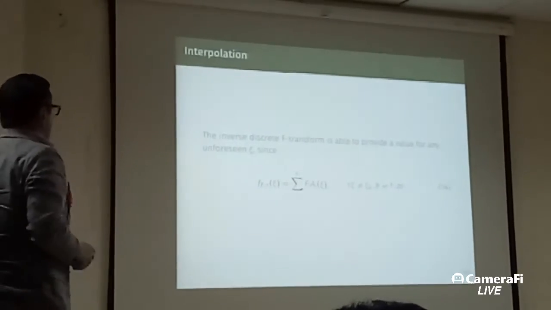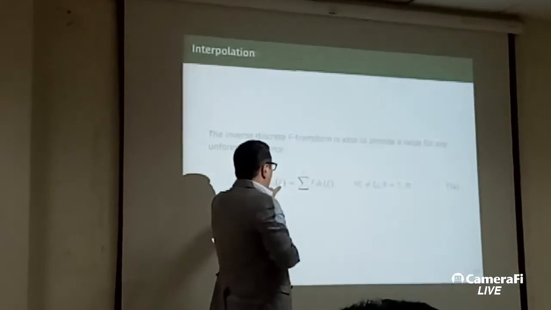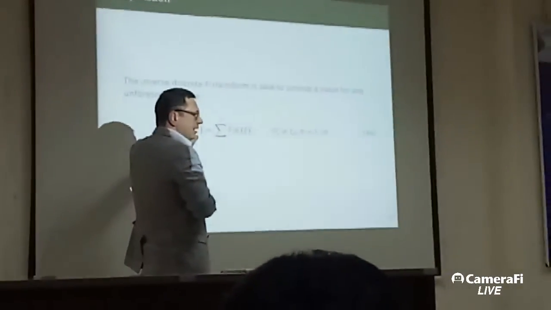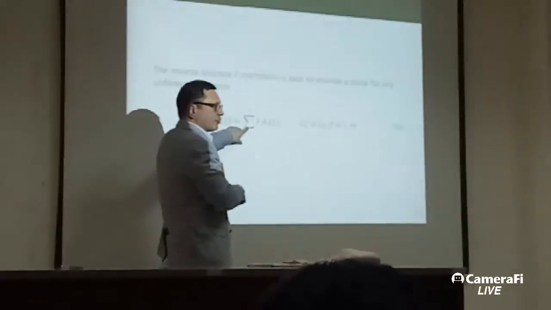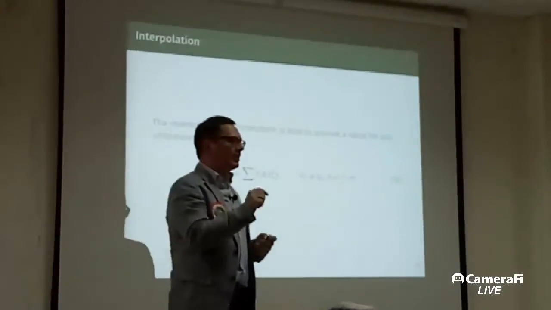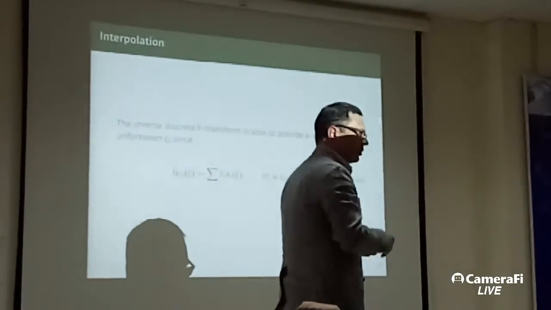Regarding interpolation, as I said before, it's easy to verify that if I have an xi point that does not belong to the original series, I can easily compute it by this formula. So this means if there is a data point that I'm missing, I can produce it artificially by interpolation.